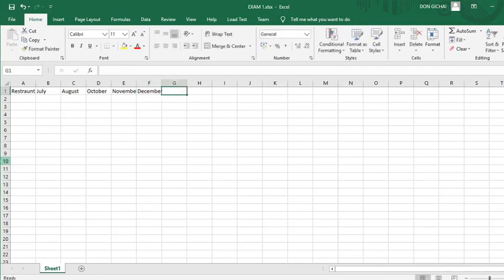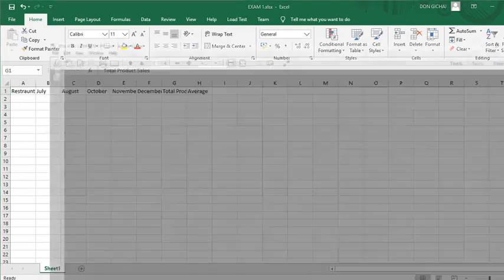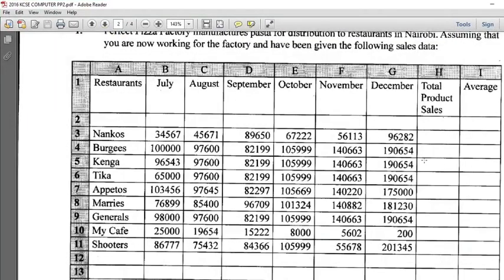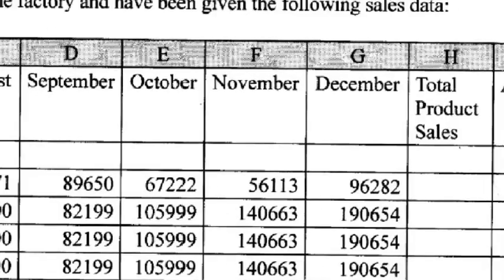Then we have Total Product Sales in title case. That means the first letter of every word is capitalized. This is practical, therefore it must be practical. Practical is practical, so there is no playing about that. Whether this one is capital letters or small letters, they must be exact. Then, if you are very keen, this field here, Total Sales,